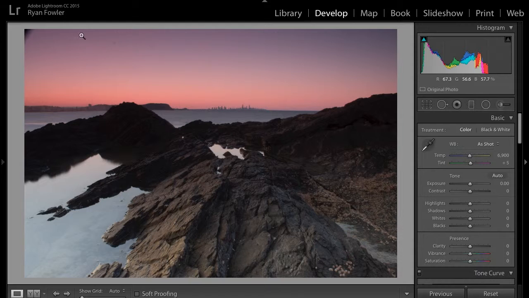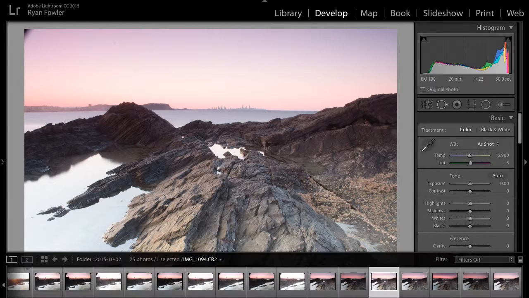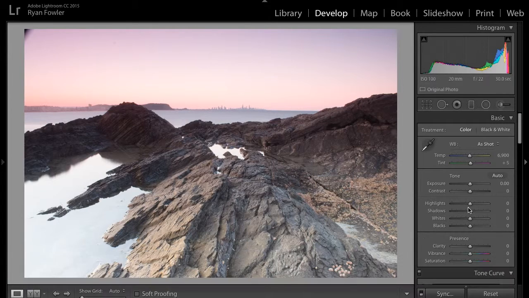As you can see, it's a lot darker, but it brings out the nice colors in the sky. And then the third shot that I took was this. So it's 1 stop overexposed, but it brings out all the details in the blacks here. So what I've got is these 3 photos here, and what I'm going to do is